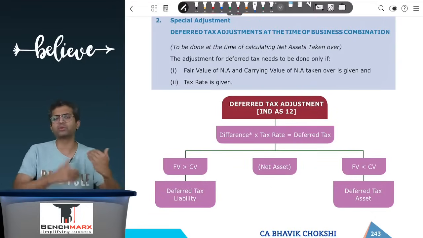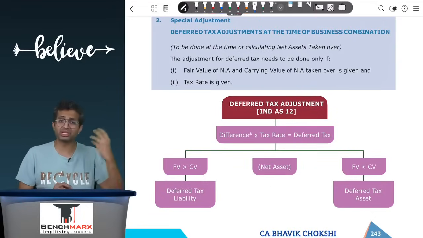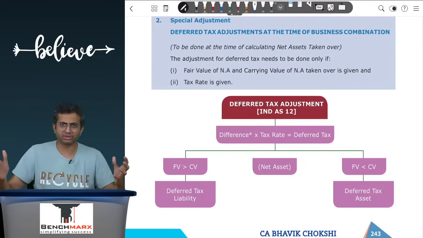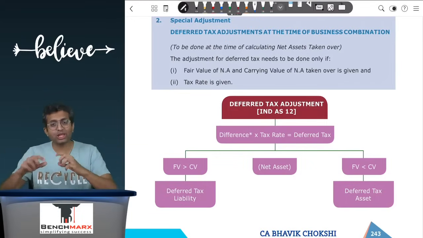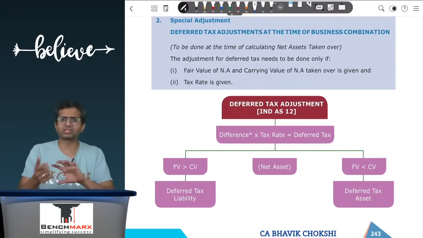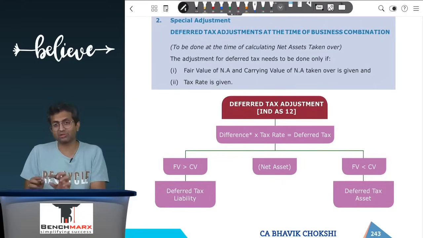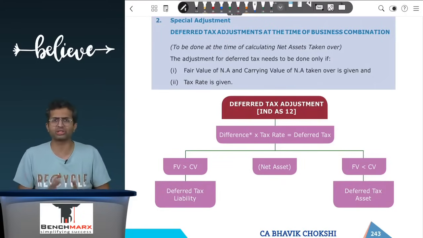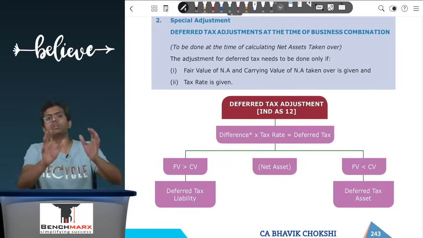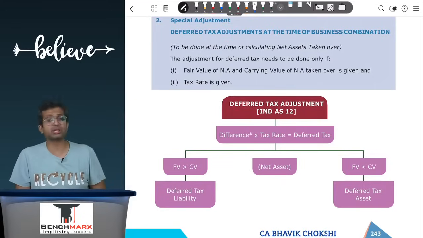So as per what we have studied in Ind AS 12, the general principle is that these are net assets, that is basically assets. If their carrying value is greater than the tax base, the answer is opposite, so you create a liability, whereas if the carrying value is less than the tax base, the answer is in the same direction, that is a deferred tax asset. Now, how will we know in a question whether this adjustment is to be done or not?